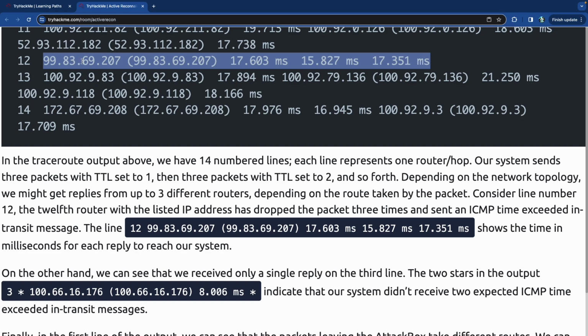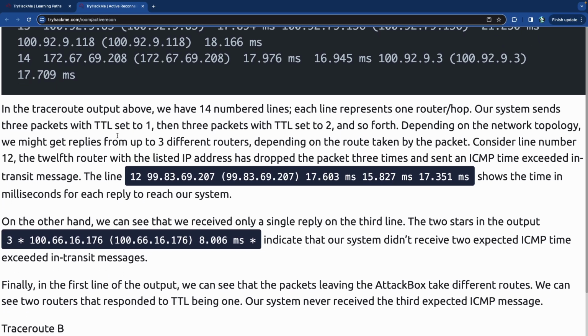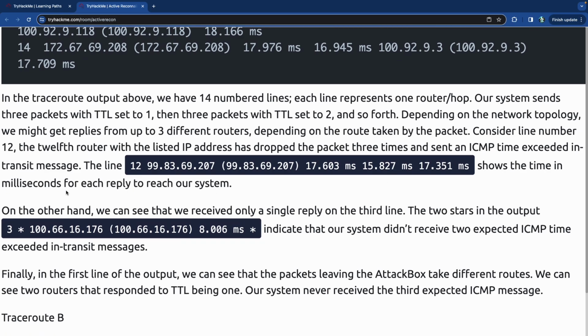So it went from here, and this is it. And it seems like it didn't do anything, right? So let's see what it actually says. The 12th router with the listed IP address has dropped the packet 3 times and sent an ICMP time exceeded in transit message. The line, this, and then 1, 2, and 3 shows the times in milliseconds for each reply